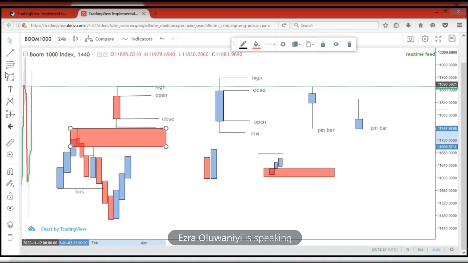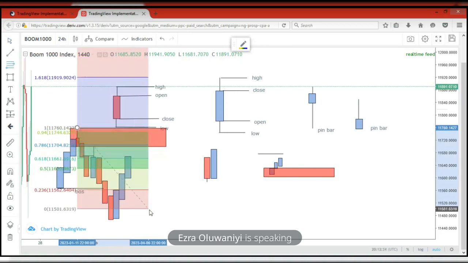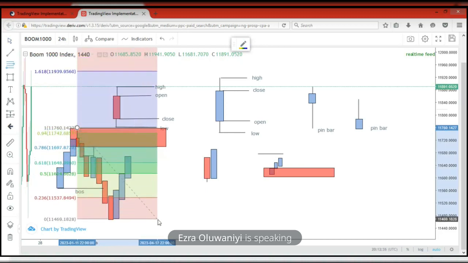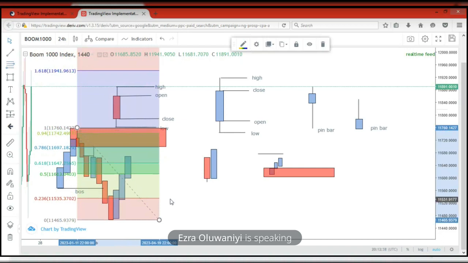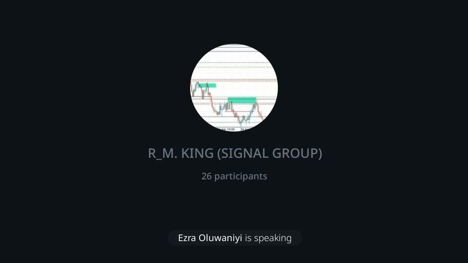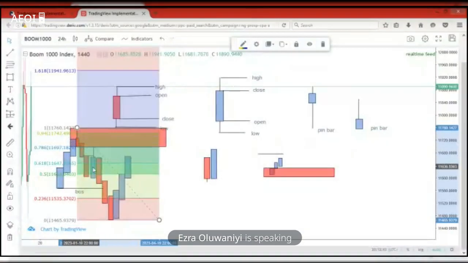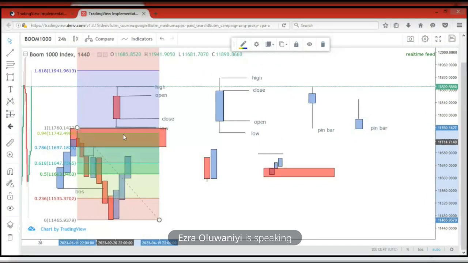Let me put my fib. The first thing I told you in the video is to make sure you put your fib to check where your zones are. Is it at a premium level? So this is above 50%. This zone here is above 50, and this one too is above 50. So when I saw this and I saw institutional play there, I don't want to confuse us much, but then this